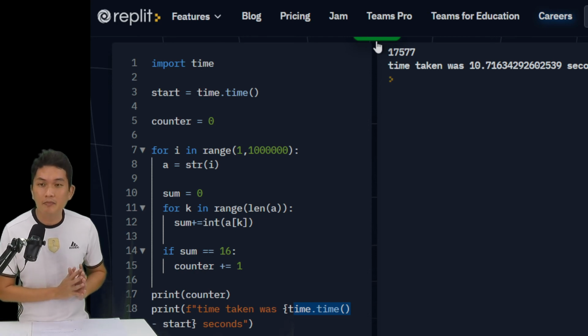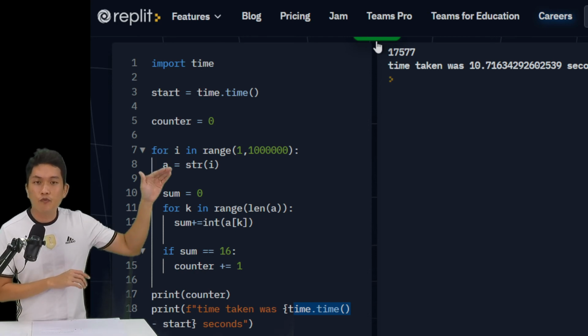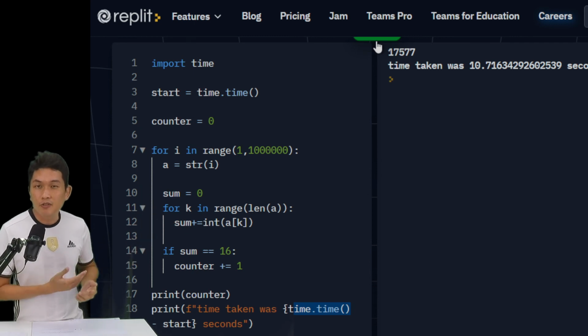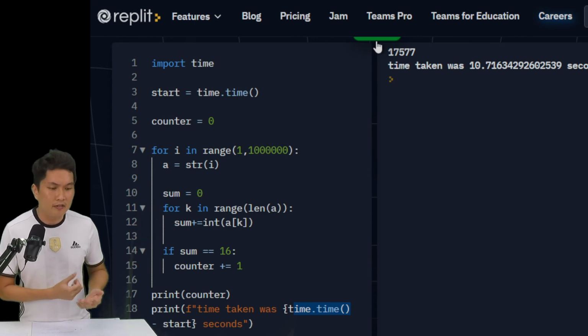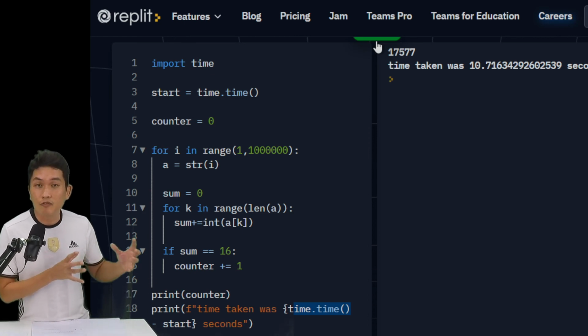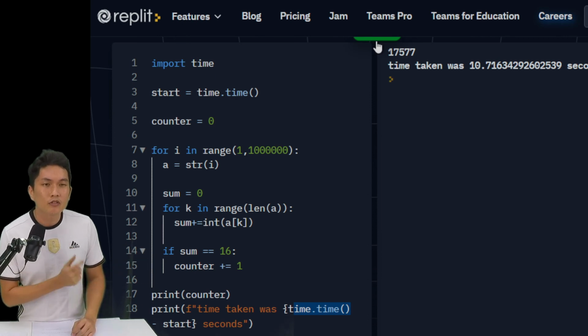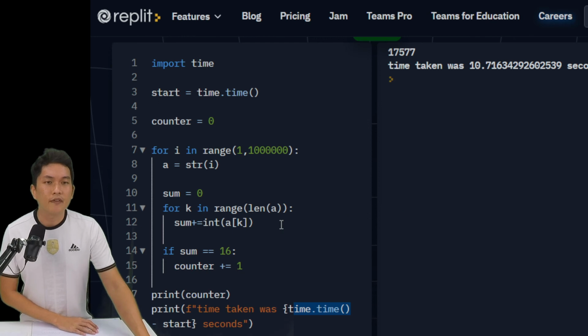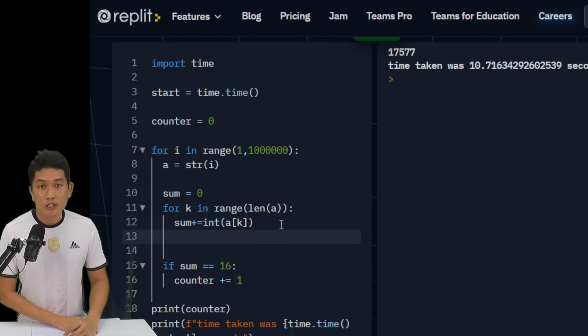It can be a bit hard because we actually have 2 for loops running, right? You can think of the for loops like this: if you have 2 for loops, it becomes quadratic. If you have 3 for loops, it becomes cubic, and the time taken to run becomes larger and larger. So one way we can try to improve this is if I can add in a check over here,